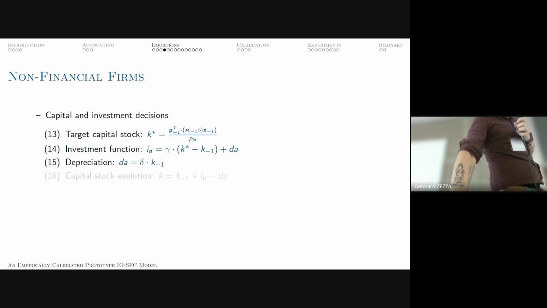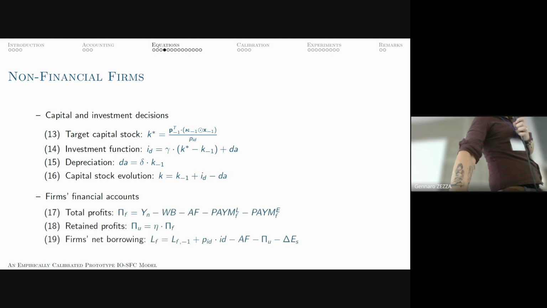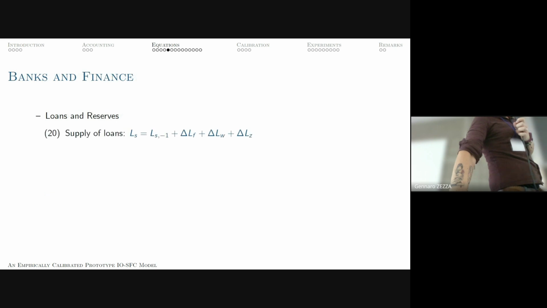In this way, I can calculate a real target capital, or a real fixed capital target, and I can use it in an investment function in the standard way. So I have just one unique investment function which defines investment in real terms, which again is a trick to keep things simple, and it seems to be working. Okay, the rest is quite standard, so I don't have to discuss it. It's very, very standard and in line with the SFC literature.